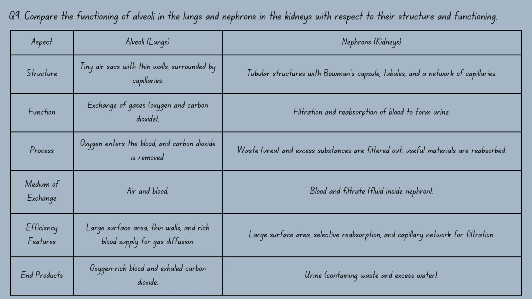Alveoli have large surface area, thin walls, and rich blood supply for gas diffusion, while nephron has large surface area, selective reabsorption, and capillary network for filtration. End products in lungs are oxygen-rich blood and exhaled carbon dioxide, while in kidneys the end product is urine, containing waste and excess water,